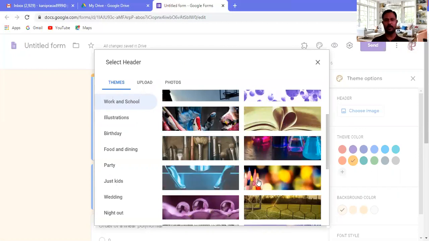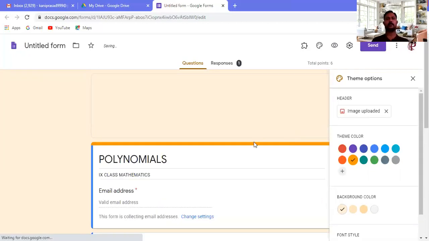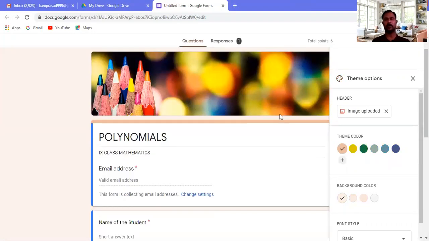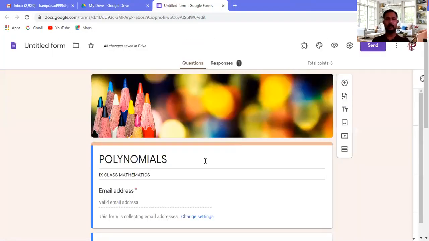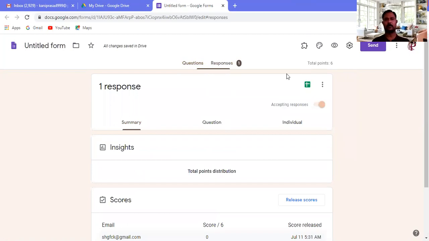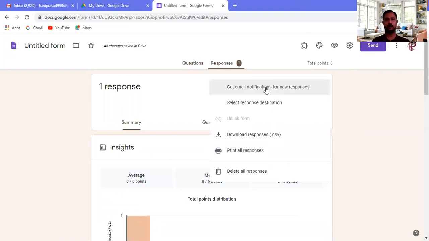Let me go for this pencil. Yes, pencil. Done. So it will get more attractive just for this purpose only. Now students will see it like this. Okay? I don't need this. Let me remove this.